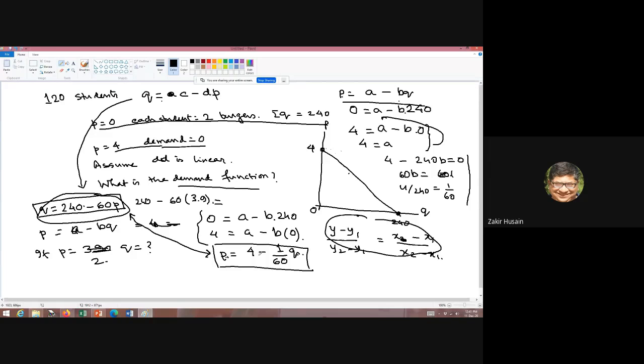Bring Q to the left hand side, you're going to get this equation. Now I'll give you guys, suppose you have this type of revenue. For convenience, let us assume